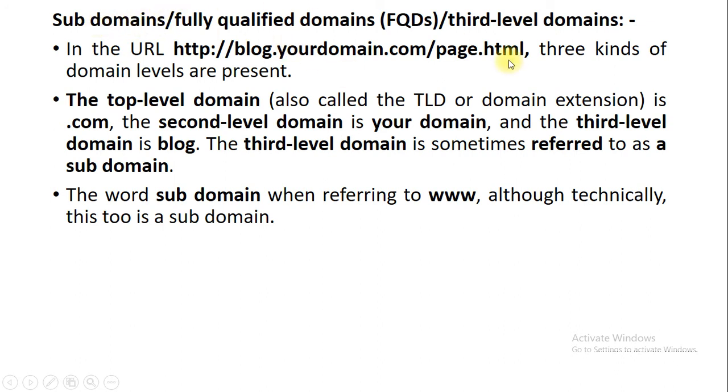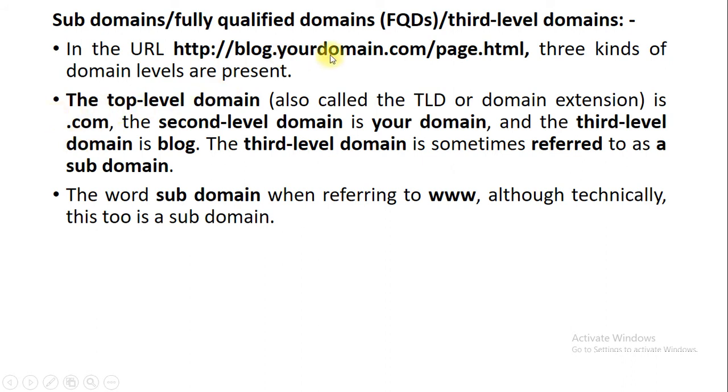Say for example, map is the subdomain of Google. How? When you apply the link like map.google.com, right? So in this case, map is the feature through which the majority of people are going to search, right? So you just need to create such a kind of subdomain through which you are able to easily get the traffic on the website. The top level domain, that is the full form of TLD, right? FQD stands for fully qualified domain and TLD stands for top level domain.